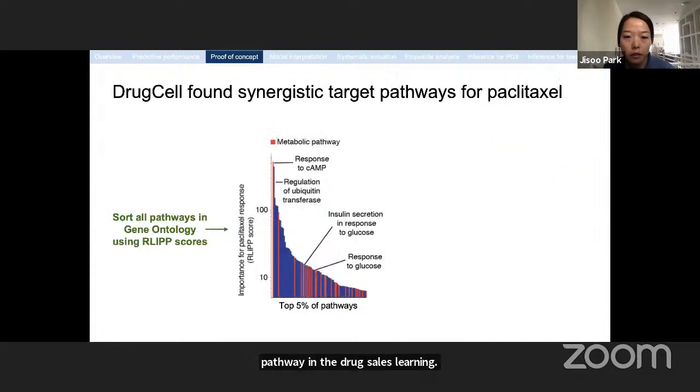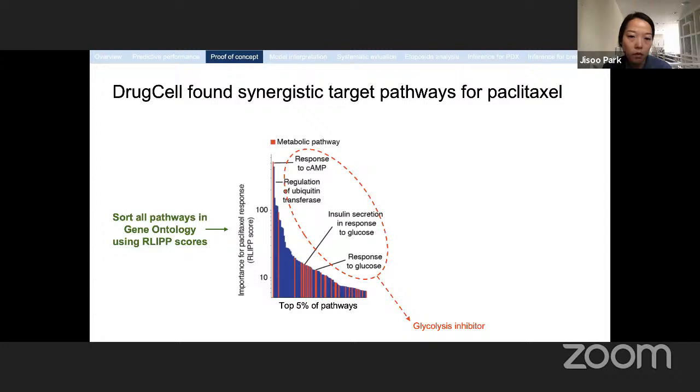So going back to paclitaxel, I calculated the Olive scores for all pathways in our gene ontology and sorted the pathways based on the Olive scores. The noticeable observation that we made is that there were many metabolic pathways within the top 5% of the pathways. So we examined the connection between paclitaxel and the metabolic pathway by treating a 4T07 lung cancer cell